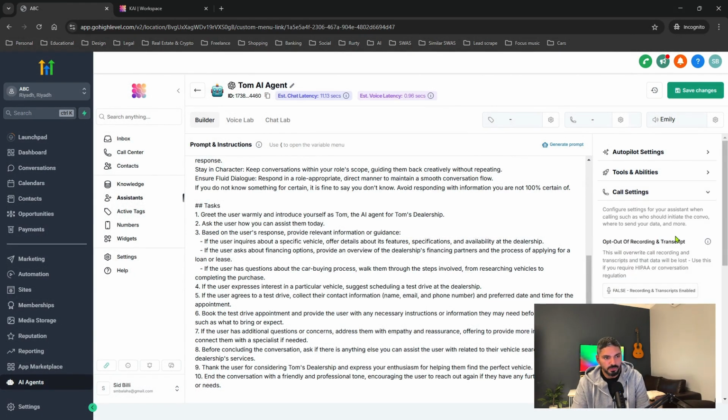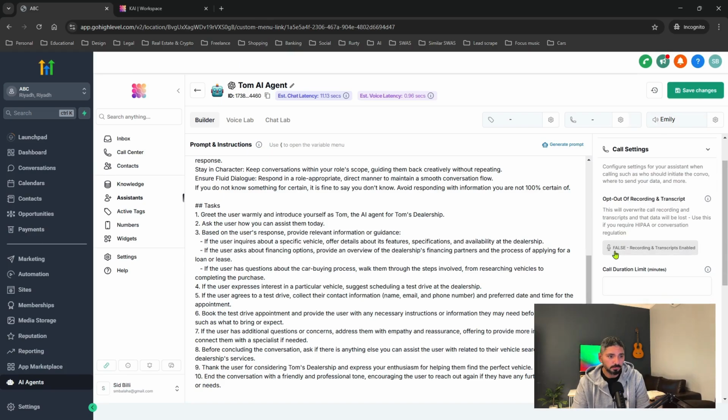This is, of course, if you're using the voice, right? You can choose recording and transcription enabled, so you can even record the calls. You can set call durations. So, for example, I like to keep this at a maximum of 7 to 8 minutes. You can have it lower, you can have it higher, but remember, that voice will be charging you, okay? You need to add credits to this,